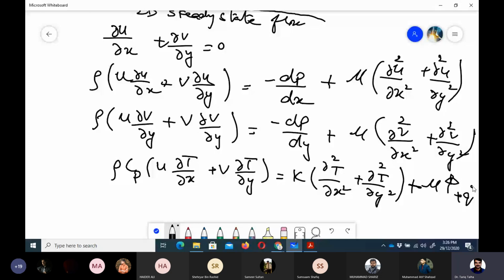Now q dot is the volumetric heat generation. Now psi is the dissipation rate of energy